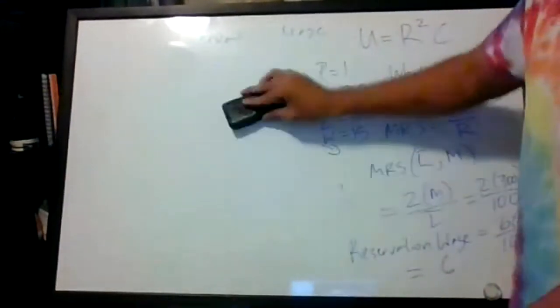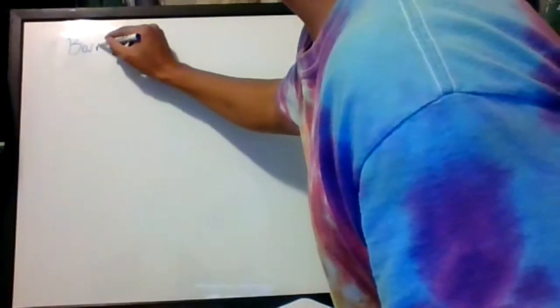So that's it for this. If there are any questions, feel free to drop them in the chat. Otherwise, I'm going to move forward and discuss borrowing and lending, and then go into investing in present value. So I'm going to take it that there are no questions and that people feel pretty good about reservation wage. And so that's going to lead me into borrowing